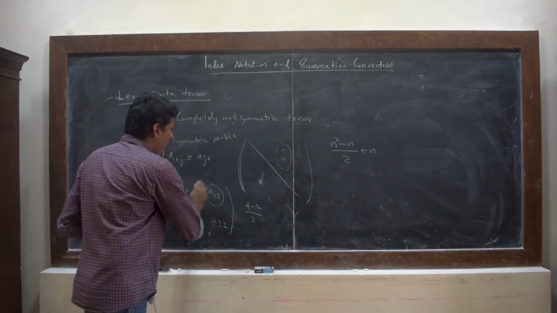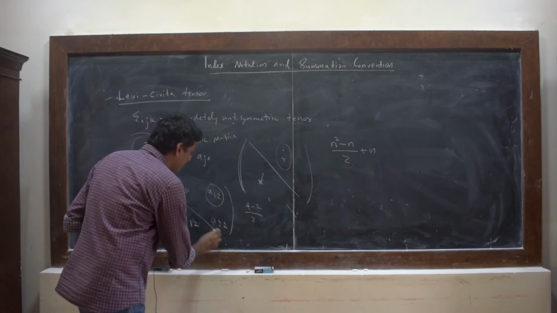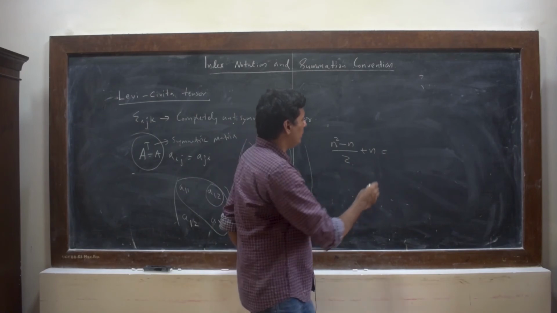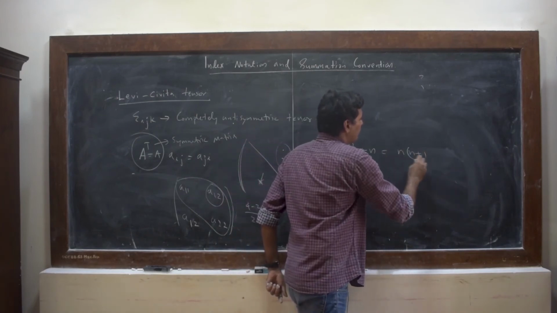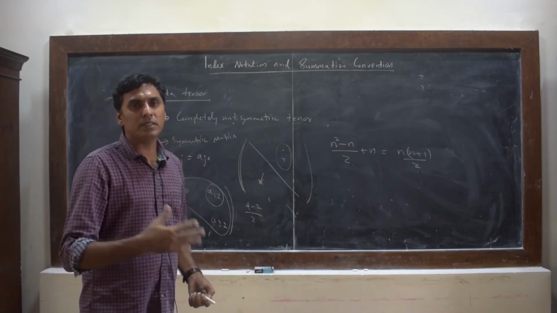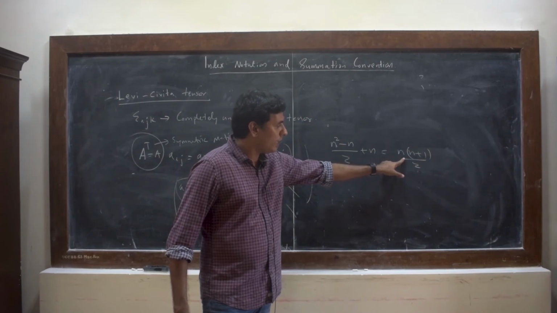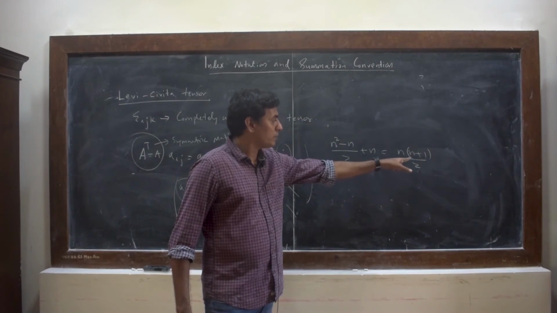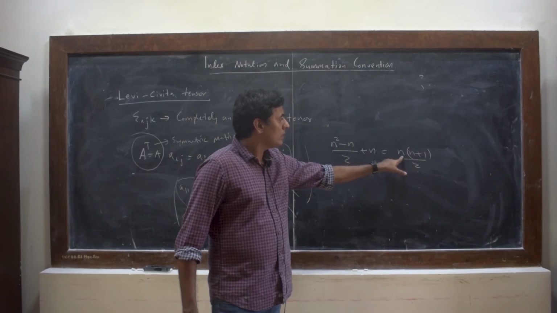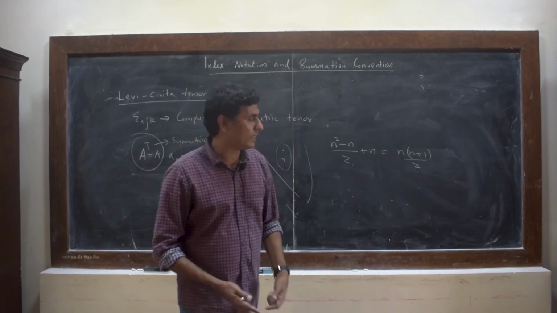Okay, this element, and then you add the diagonal elements to it. So you will get 3. Total 3 is the number of independent elements here, right? So you can see that this is going to be equal to n into n plus 1 by 2. So n into n plus 1 by 2 is the number of independent elements in a symmetric matrix. For n equal to 2, you will get 3, and n equal to 3, you will get 3 into 4 divided by 2. And it goes like that.